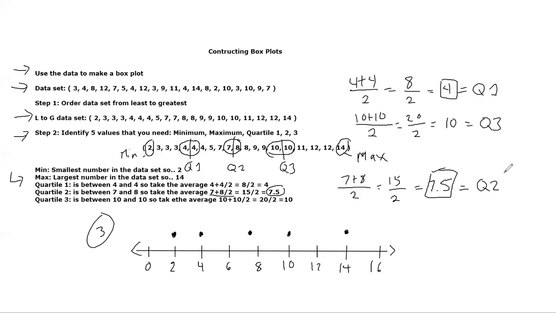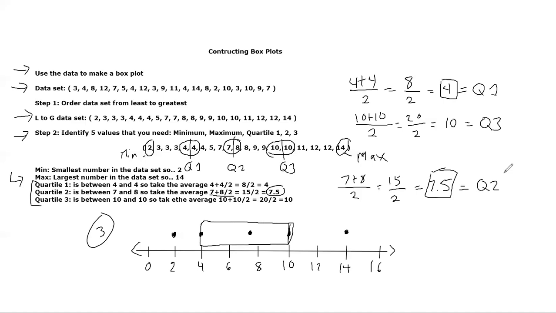Okay, so what do I do now? Well, another name for a box plot is a box and whisker plot. You might see a term like that on the internet, or if you're trying to look up some more help on this or other videos, you can look up the term box and whisker plot. The reason why is quartile 1, 2, and 3, they need to be inside the box. So we're going to draw a box,